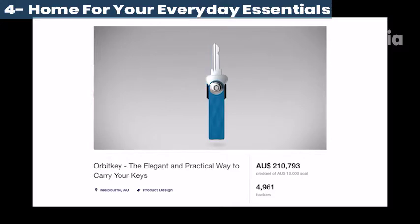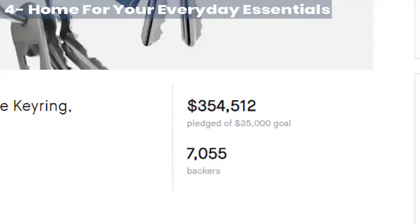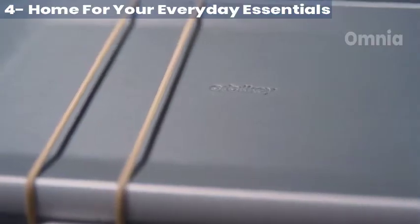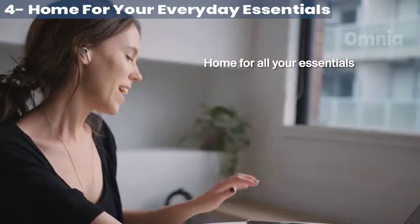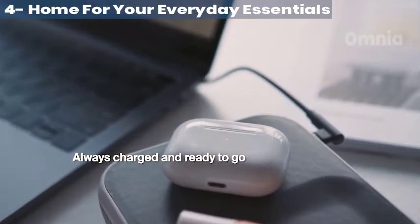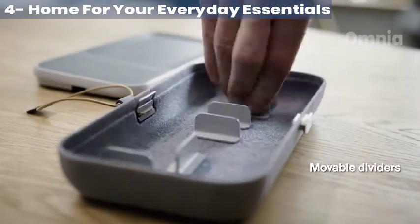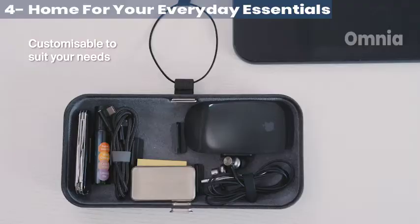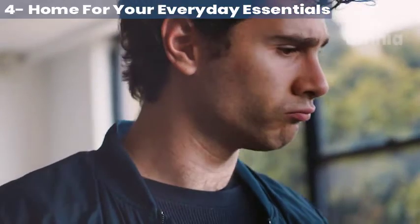Following 3 successful crowdfunding campaigns where we transformed key and accessory organisation, we're back to bring beautiful organisation to your work. The lid serves as a premium leather tray, creating a dedicated place for your essentials, with a built-in wireless charger that keeps devices charged while you work, so they're always ready to go. Inside, movable dividers allow you to customise compartments to suit your specific needs. And with everything neatly organised in a shallow compartment, you'll easily locate items at a glance and know instantly if